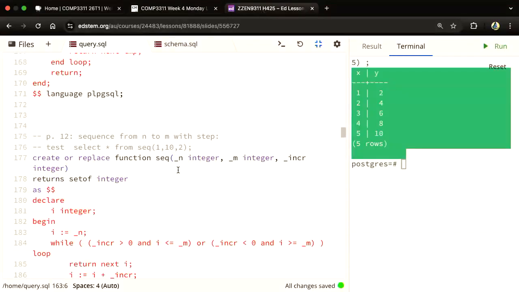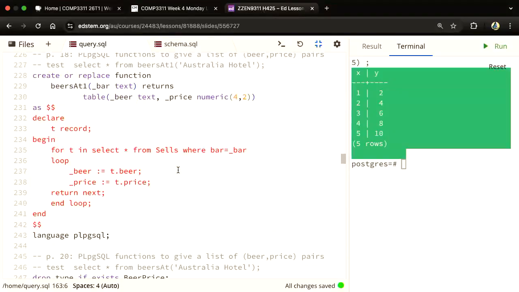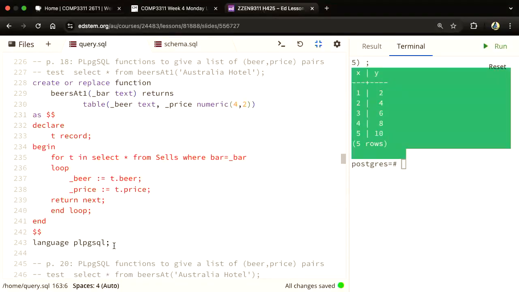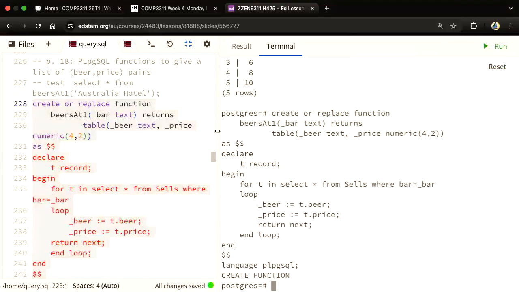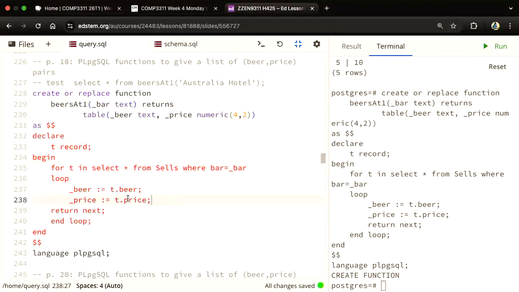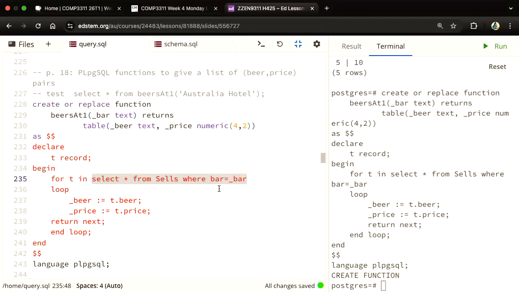And let me demonstrate how we can do that. Okay. So let me just run that. We're going through the old pattern here. So here we need to find all of the quotes, all of the beer prices in a specific bar, and the input bar is given as _bar. So this is a SQL query, and then we can use a for loop to go through the result